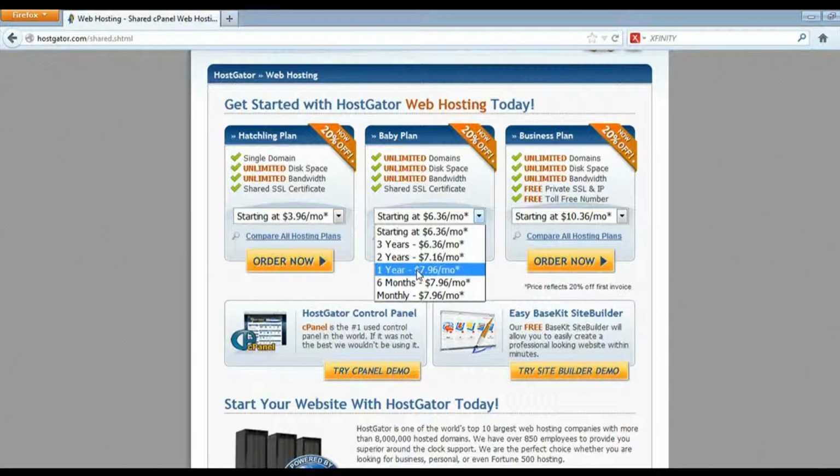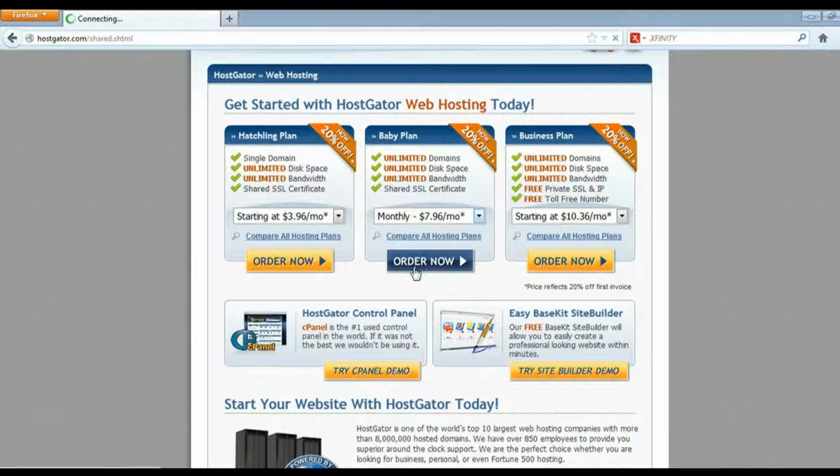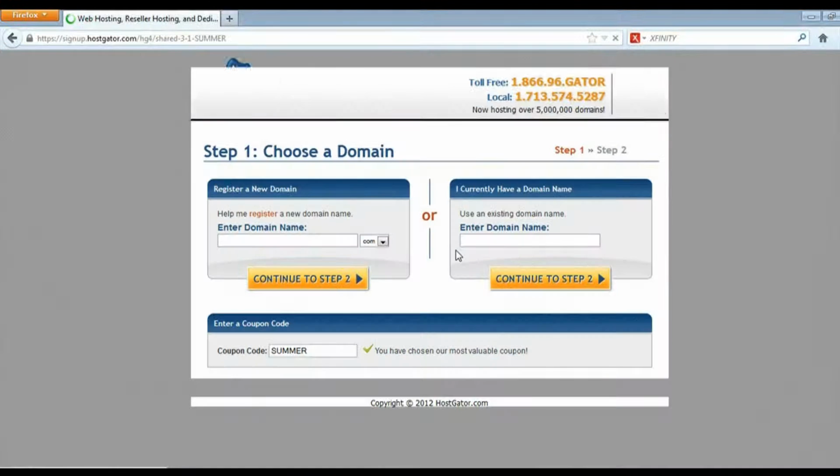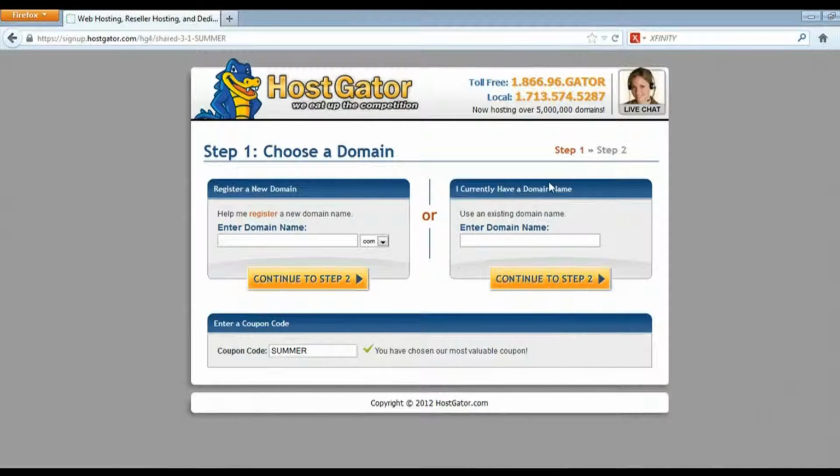Then you don't have to worry about it. So that's completely up to you. And then choose order now. Now they give you two other options. One is when you're setting up your account, you can enter a domain name, or you can say I currently have a domain name. So we're going to go ahead and say I have a domain name